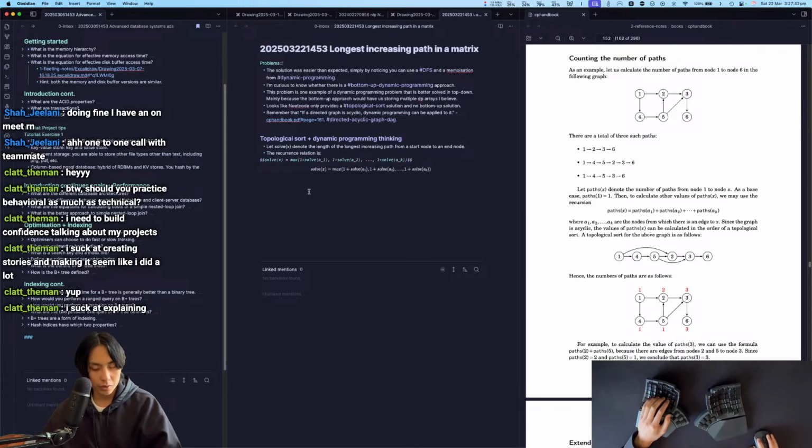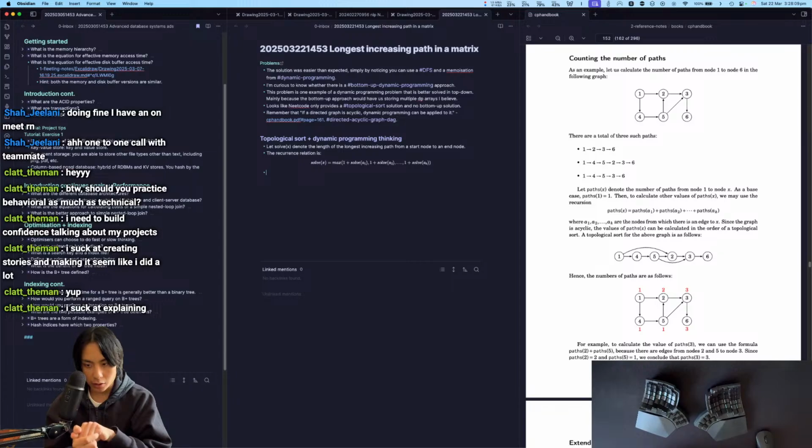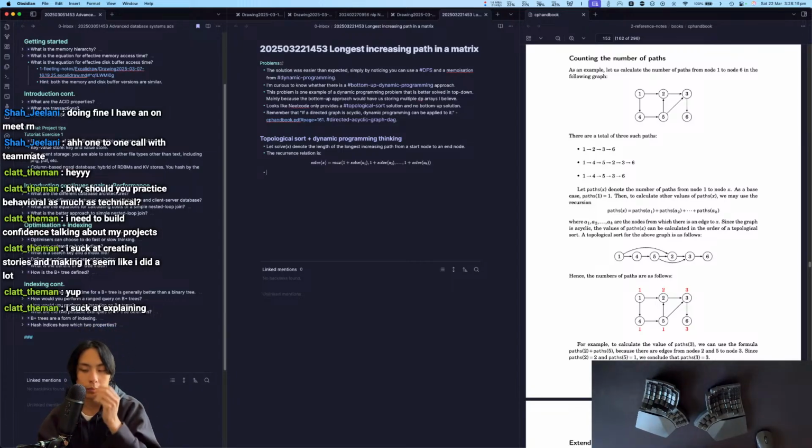That's fine as is. So with that in mind, I should be able to continue. With that in mind, from a bottom-up perspective,